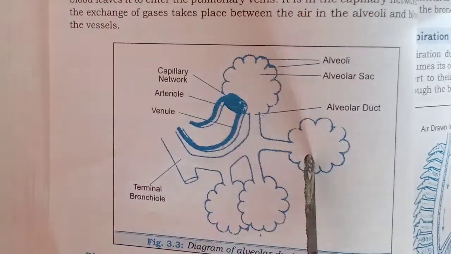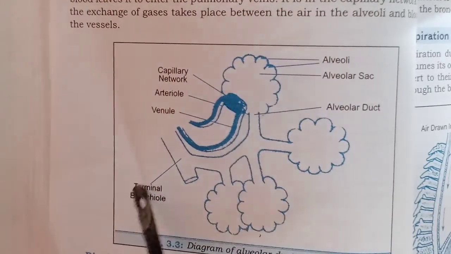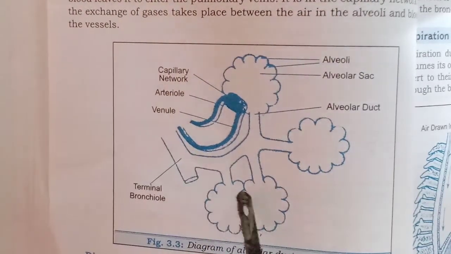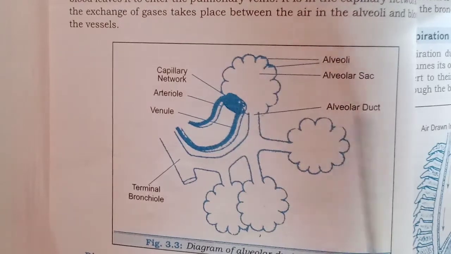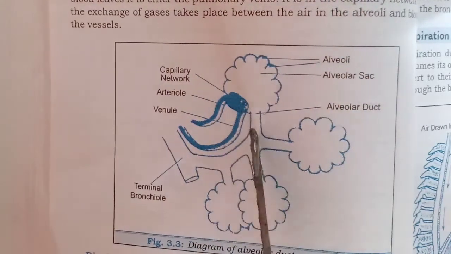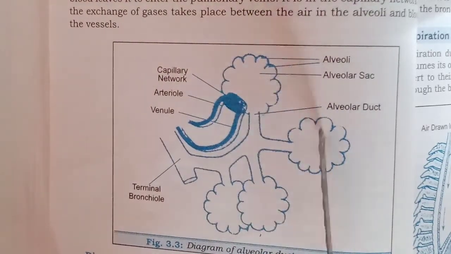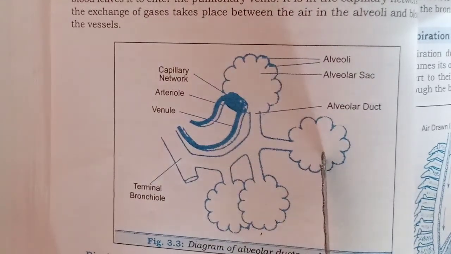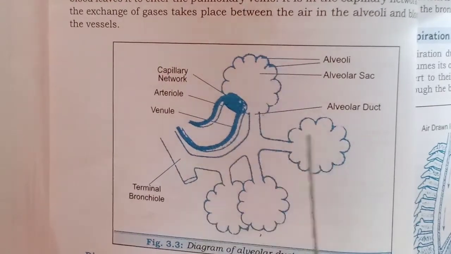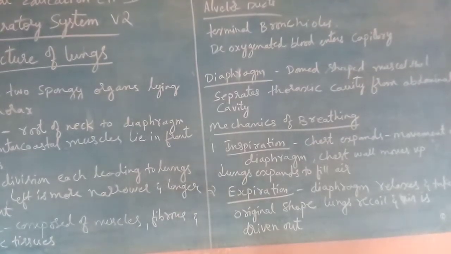Whenever we respire, what happens inside the lung? Again it is divided into bronchi, as we saw in the previous diagram. If you zoom in on this bronchi, it consists of sacs like this, called the alveolar duct and the alveolar sac. This is a duct which allows the air to pass through, and these are all the sacs. What happens in these sacs? These sacs contain the air. When you inspire, when you breathe in, the air will be filled up in these particular sacs. So we saw the air sacs.